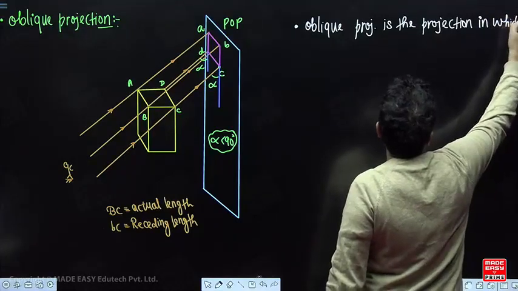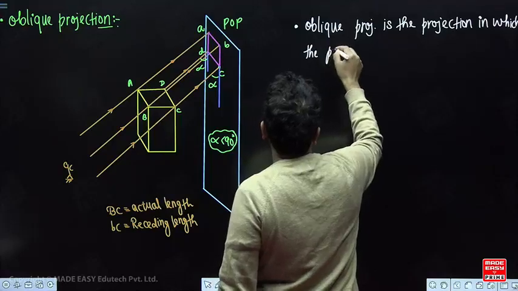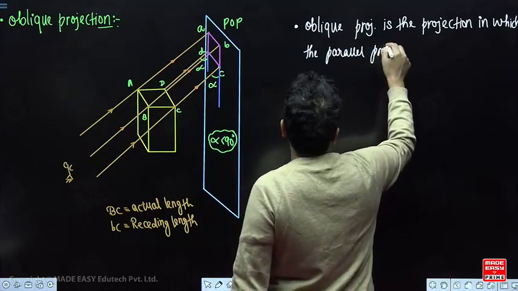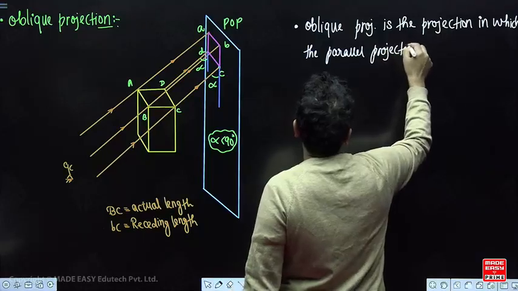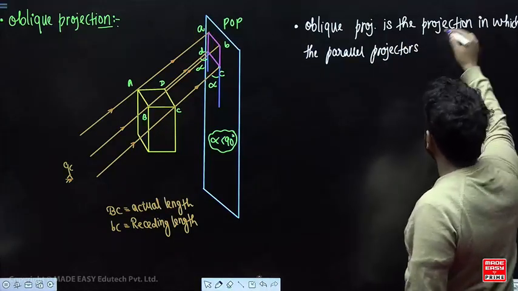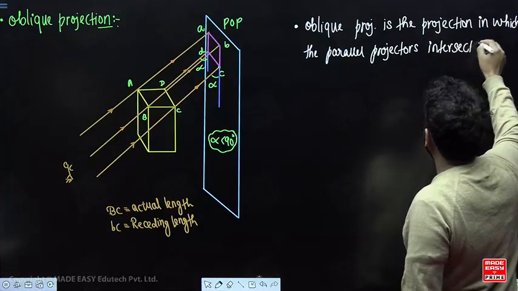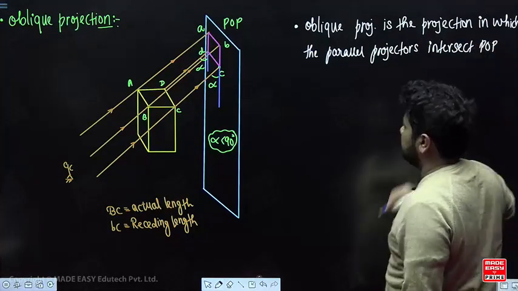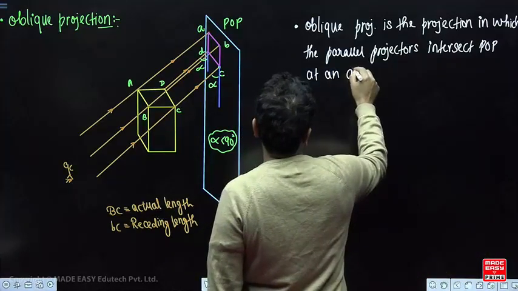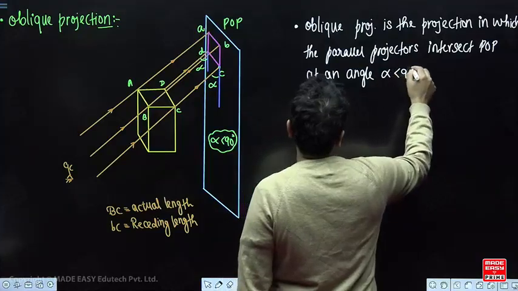Oblique projection is the projection in which the parallel projectors intersect POP at an angle alpha less than 90 degrees,